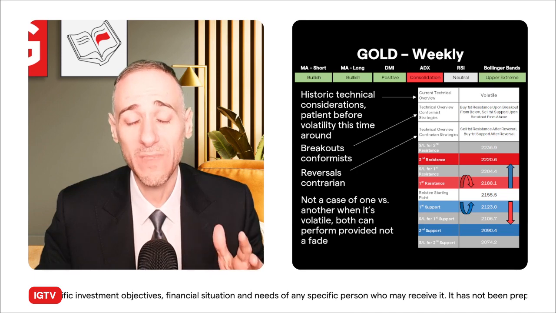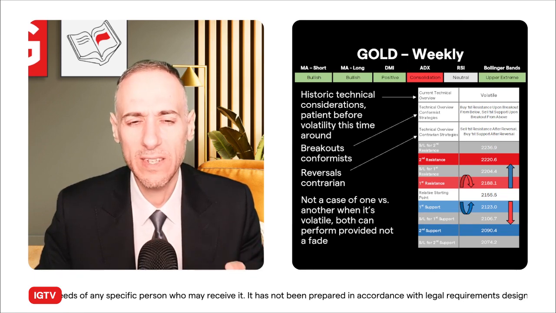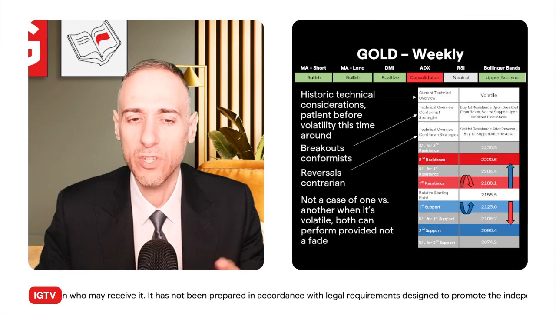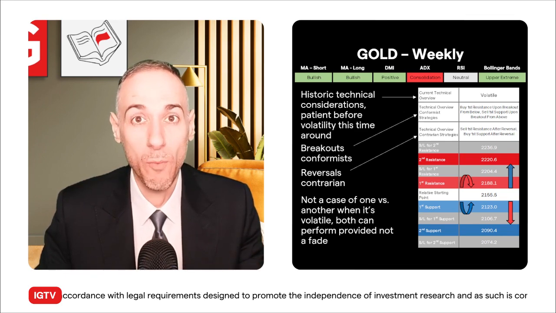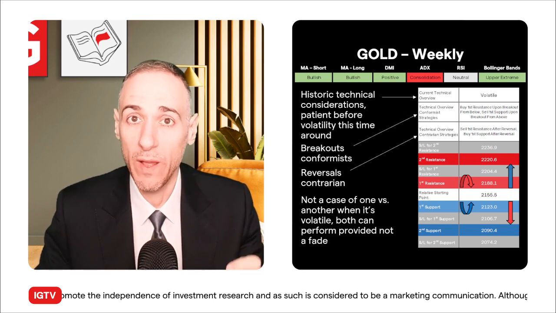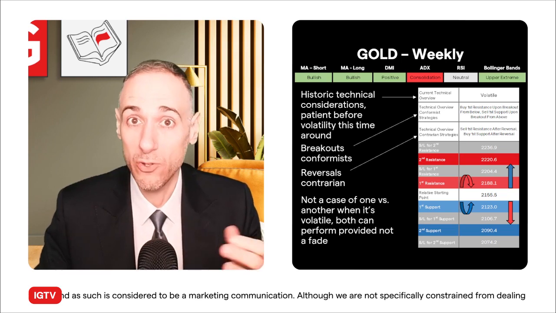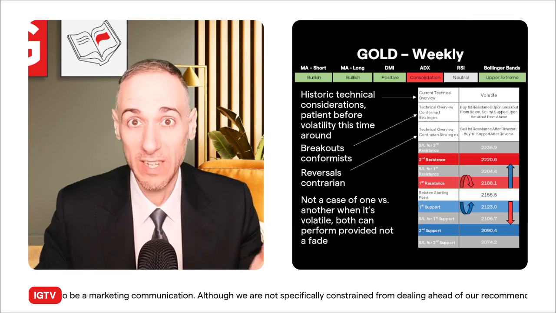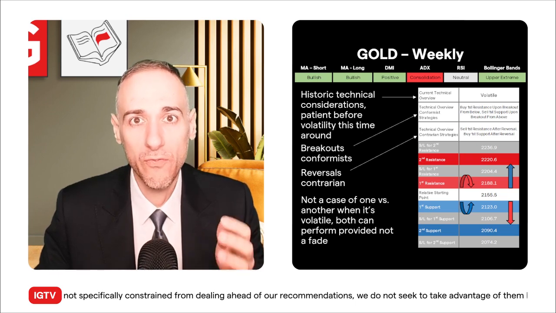Now, when there really is volatility, it's not necessarily a case of one versus the other, but there have been times where both have been able to outperform, provided it's not a fade strategy. With fading, they get stopped out. That's the worst. I know that in a range trading situation, fades usually do the best. They're usually the most opportune. They get triggered more, and if the market does indeed remain range bound, they actually do best. But under a volatile overview, fades do worst.